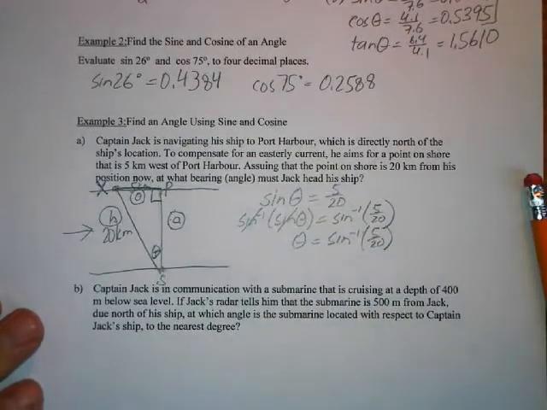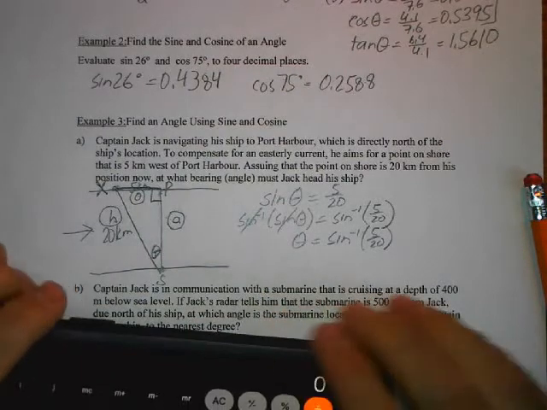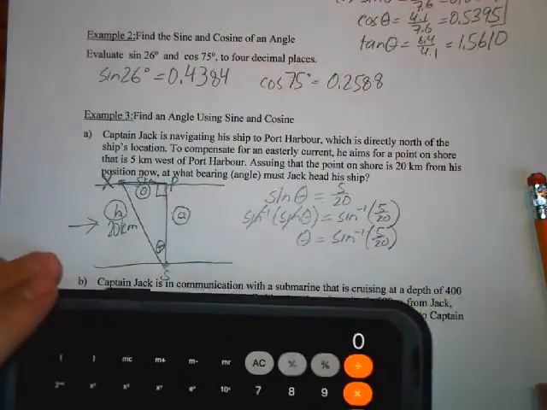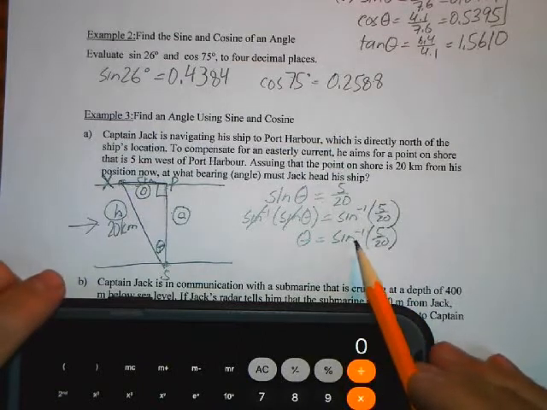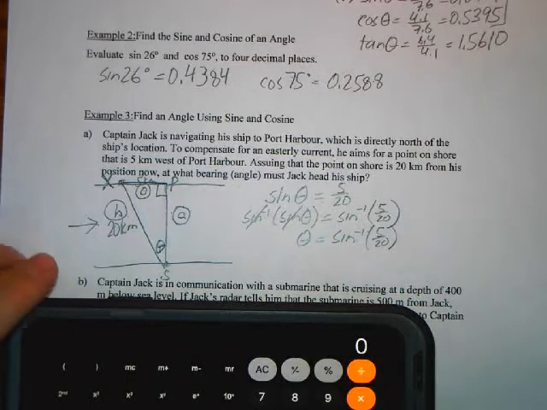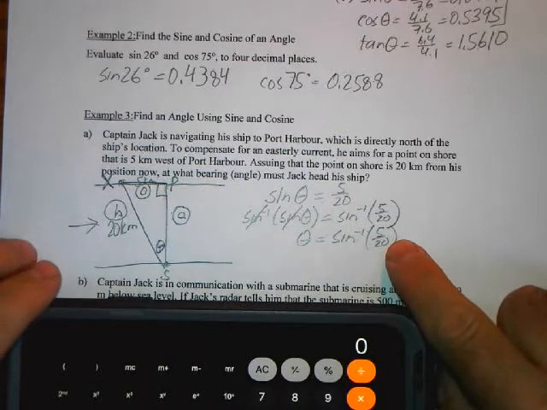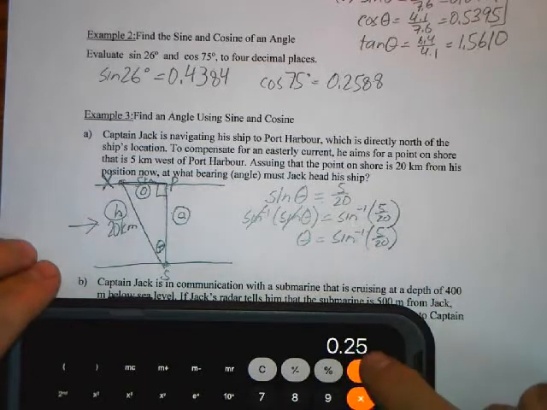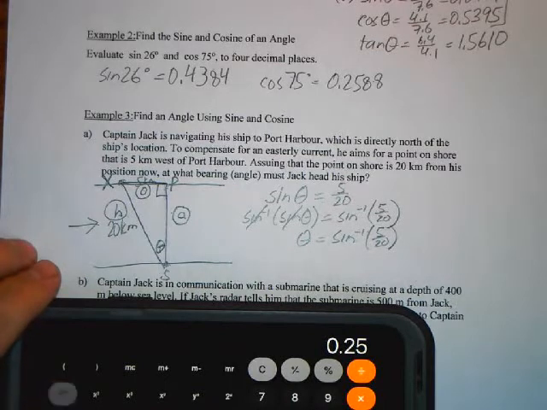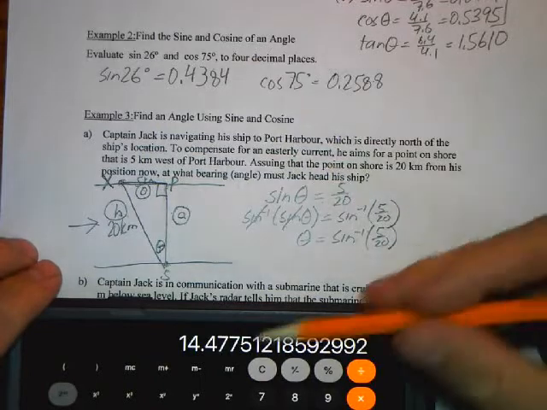And now we do our sine inverse function. So again, this depends on the type of calculator. Now, most of the good calculators, you can see the word sine inverse. You would put that in first, and then brackets, and then the number. So in my case, I have to put the number in first, then sine inverse. So I have to figure out what 5 over 20 is. So I do 5 divided by 20. That's equal to 0.25. I want to take the sine inverse of that. So I go over, I want to do second function because I want sine inverse. Second function, sine inverse. So that gives me